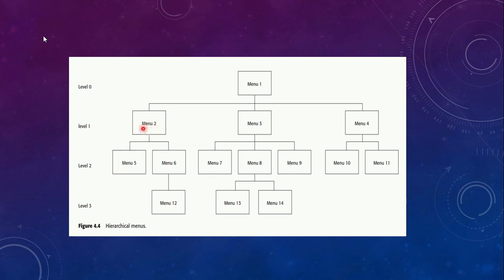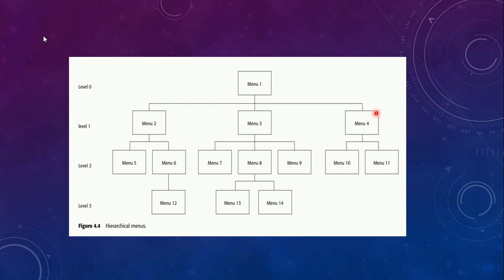And after clicking a particular level 1 menu, you may go to level 2, again to level 3. So like this you go through the menus. If you are going from menu 1, menu 3, menu 8, menu 13, you are going in depth of the menu. What do you mean by breadth? Now at level 1, you are given choices to select menu 2 or menu 3 or menu 4. These are the alternatives you have at this particular level 1. So this is the breadth of the menu. You can say the breadth of the menu is 3.